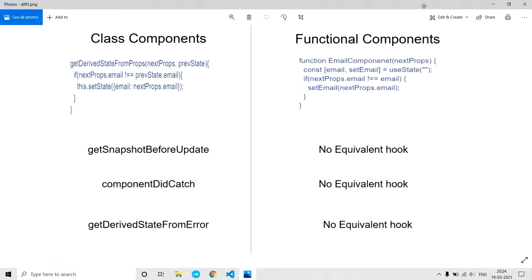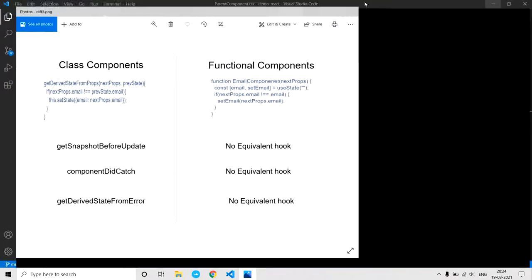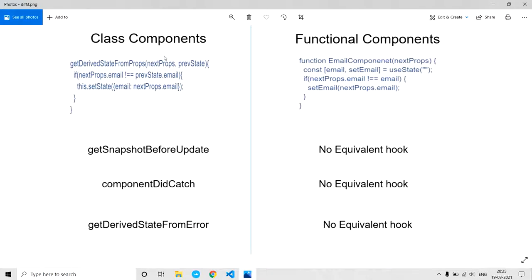It just receives the next props. Since we have to observe the prop changes, it receives the next props and you can do your own logic within this block, since we have access to next props and previous state. It's pretty straightforward. In a functional component, since we want to observe the prop changes, we easily get the next props, and we can use those props to change the state.